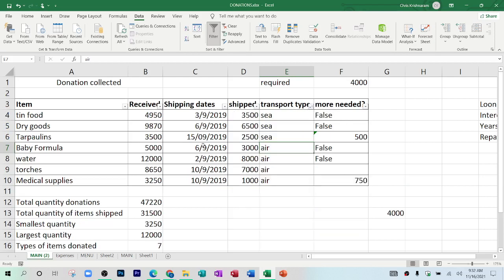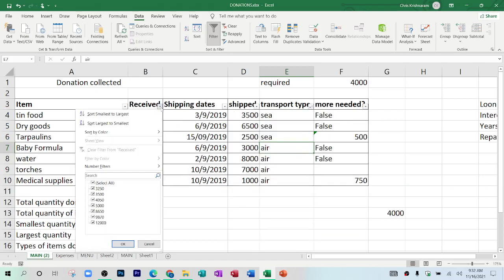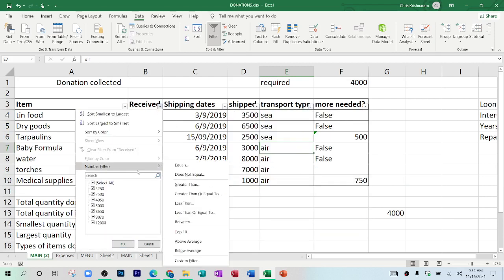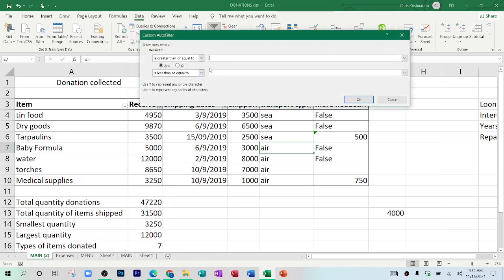And then we have other options there. So if you go to the number column now, a column that has numbers, you're going to see different options here. These are the number filters. Equal to, does not equal to, if the number is greater than, equal to. Notice all the questions, the criteria I told you guys about. If it is less than, equal to, between a certain number. So we can say between